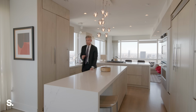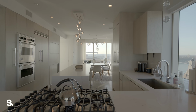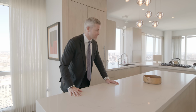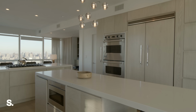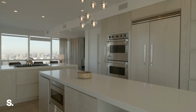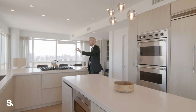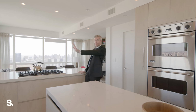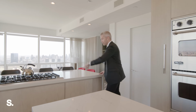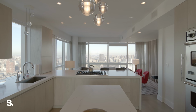If you saw what this looked like before, beautiful bleached cabinetry, gorgeous countertops that are indestructible. You can do anything here. This is a great family apartment. Obviously, you can use it for whatever you want. We've got incredible appliances, wine cooler, 2 Viking ovens, microwave, tons of pantry space, lots and lots of cabinet space, deep soaking sink with a view, looking straight up north, separate cooktop, 6-burner Viking with, I don't know if you